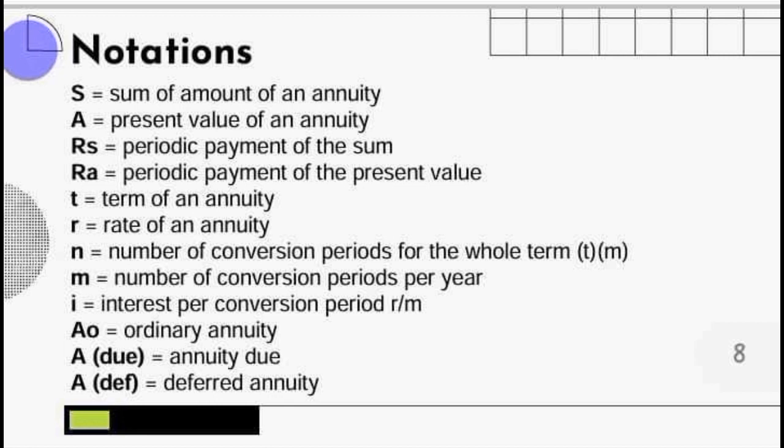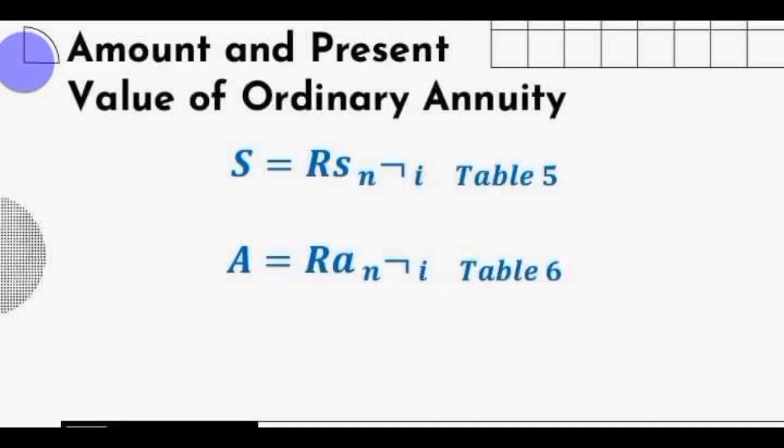N, number of conversion periods for the whole term. M is number of conversion periods per year. I is interest per conversion period, R over M. AO is ordinary annuity. ADU is annuity due. ADEF is deferred annuity. So these are the notations. We will find the amount and present value of an ordinary annuity. So the formula that we can use is S equals